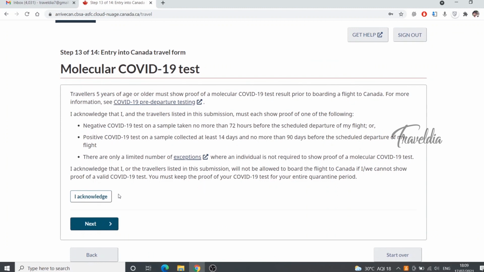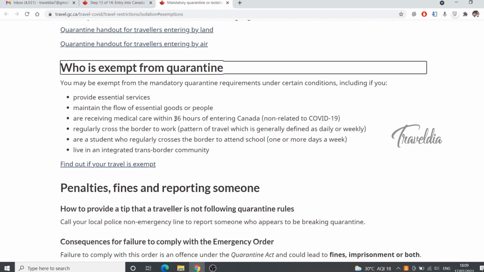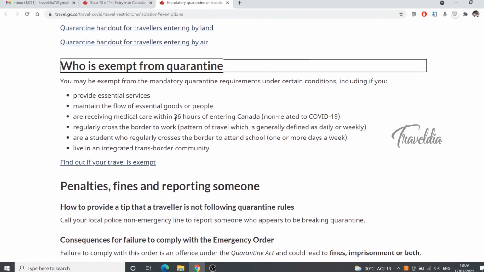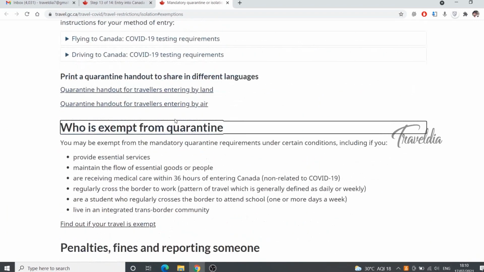So kindly read that carefully and take the test within 72 hours before your flight. That is very important, because if your certificate is too old, the Canadian government will not accept it. Not only Canada, most of the countries you are traveling to will not accept your certificate. The best is less than 48 hours. So kindly plan and take your certificate with you.